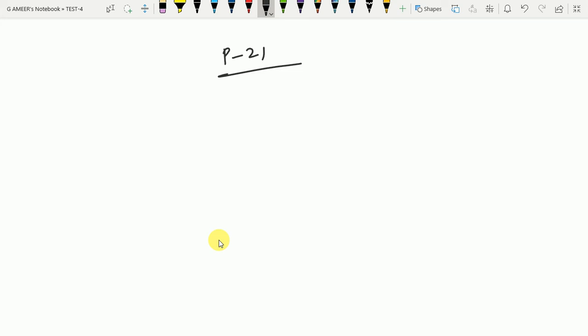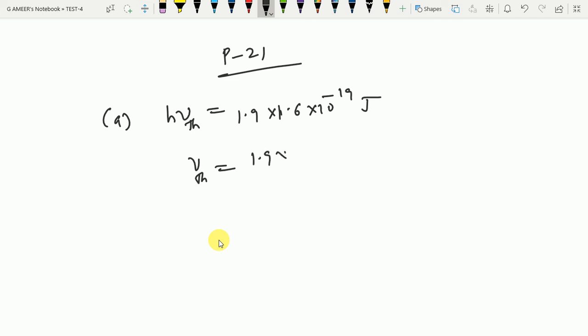So they are giving the threshold frequency of the photosensitive material. First, threshold energy, first option. So threshold energy is given as h nu threshold. The threshold energy is given as 1.9 electron volts, that is 1.9 into 1.6 into 10 power minus 19 joules. So from here threshold frequency is 1.9 into 1.6 into 10 power minus 19 divided by h value we know, that is 6.6 into 10 power minus 34 joule second. So if I calculate this, how much will I get?